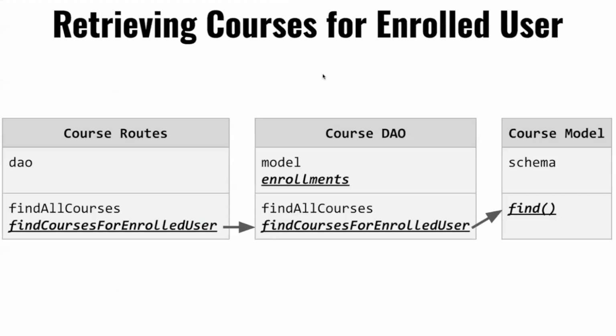Another common request that the dashboard needs is to be able to retrieve courses for which we are enrolled. And that is the default set of courses that a user sees whenever they log in. And for that implementation, we're going to be using, again, the find method, but we're going to filter those courses by the enrollments. Now, typically you would do that filtering in the database,